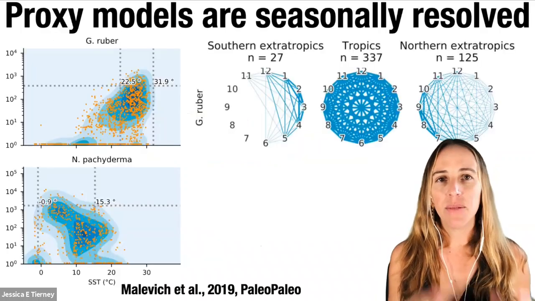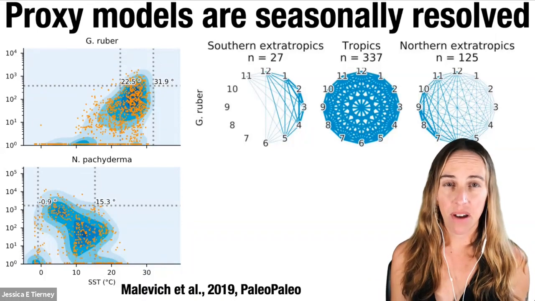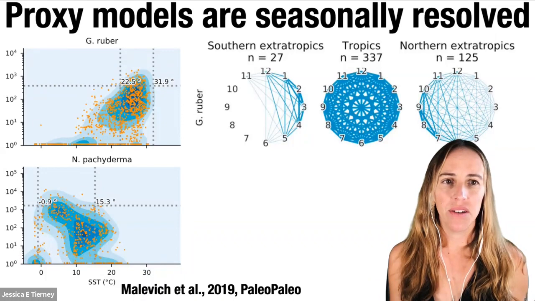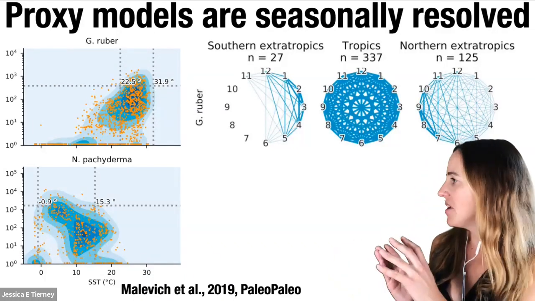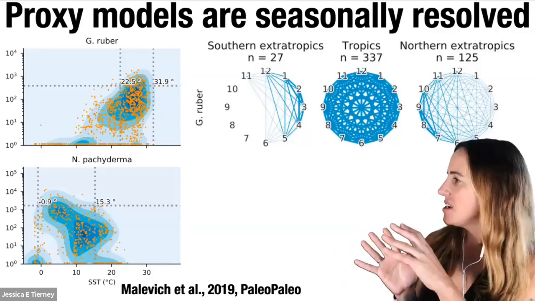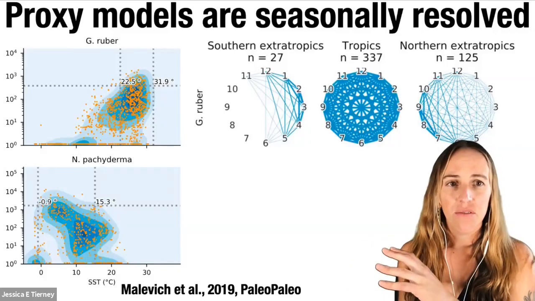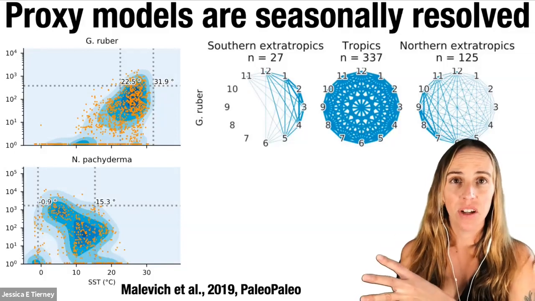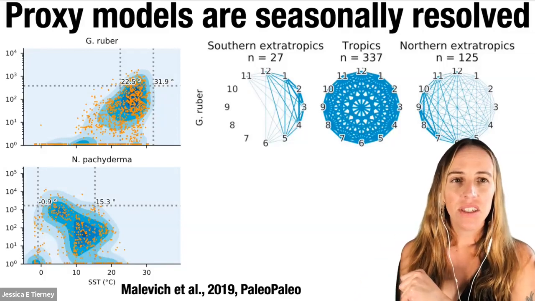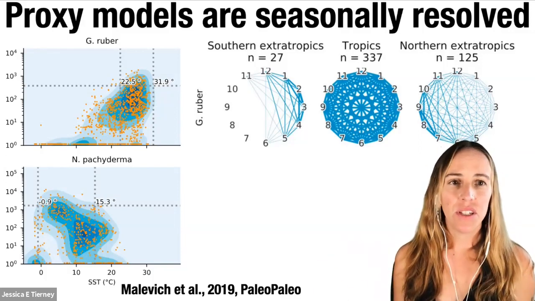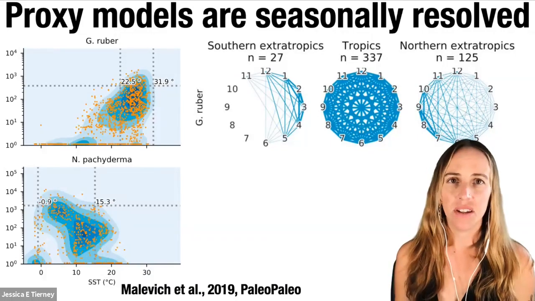Now, as a reminder, our proxy system models, the Bayesian models, are all seasonally resolved. In particular, for the 4M-based models, seasonality is built into these forward models. And so this is a figure from the Bayfox paper in Paleoceanography. On the left, what you're seeing is kernel density estimates of the abundance of G. ruber and pachyderma in sediment traps, in a global sediment trap collection. And you can see that G. ruber and pachyderma have thermal tolerances that they're associated with, and they sort of reach max abundance at a certain